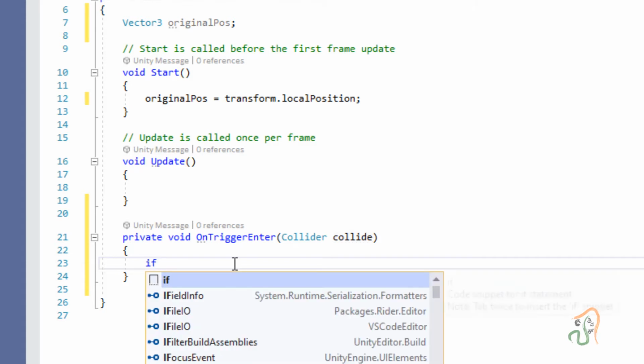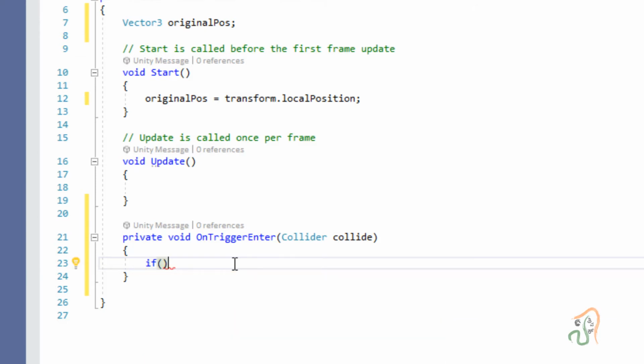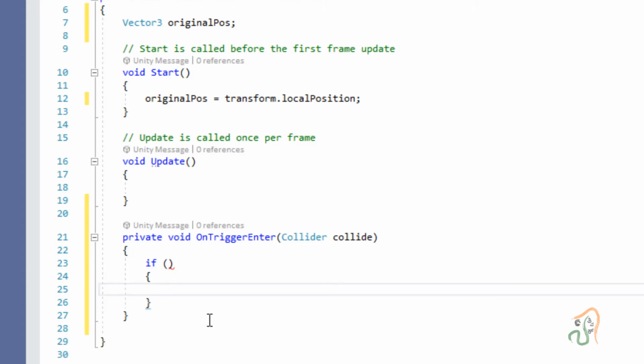Type if and open close bracket, we are going to type the condition here. Then open curly bracket. You have open and close curly bracket here. Move this curly bracket down. Inside this open close bracket we shall type the condition.